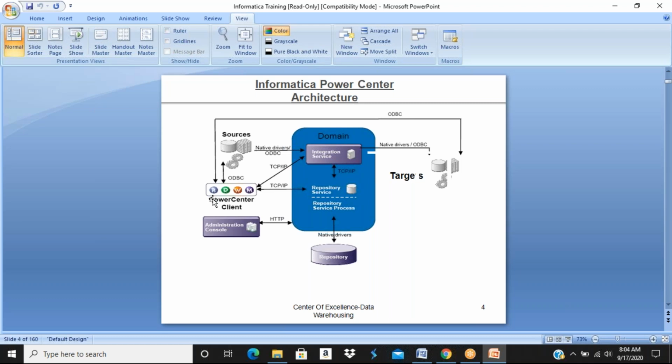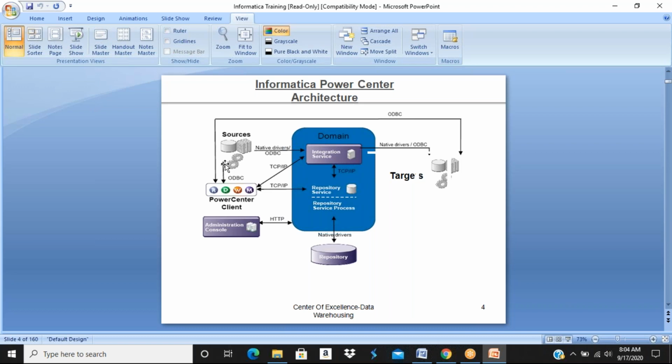Okay, so now let me talk about Power Center Mapping Designer. To create a mapping, you require a source table structure and a target table structure. So where are your source and targets? Your source can be in a database, it can be a flat file, it can be a mainframe system, it can be anything.